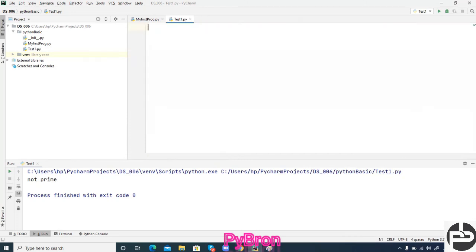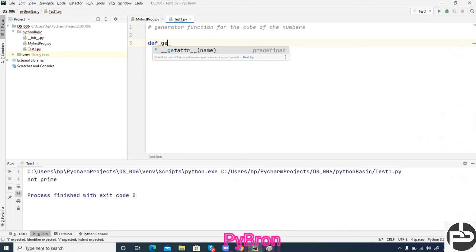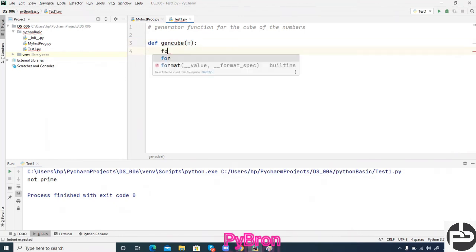Okay, no worries. The generator function for the cube of numbers. Okay, generator function for the cube of the numbers. So what we can do is, anyone is saying, okay, let's do this cube of the numbers. What I'm going to do, def, and I'm going to define here gen cube, and I'm passing n, and for num